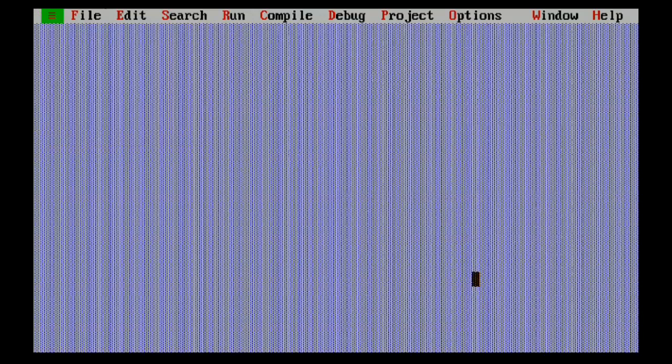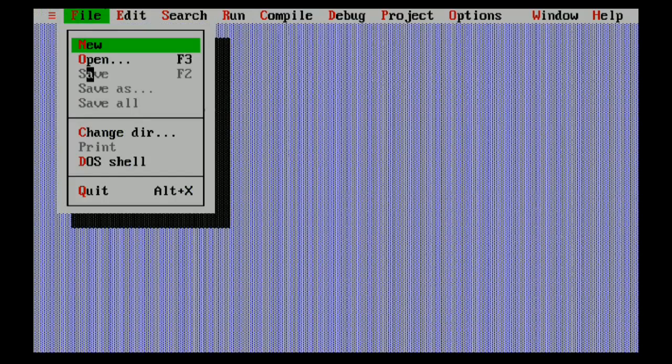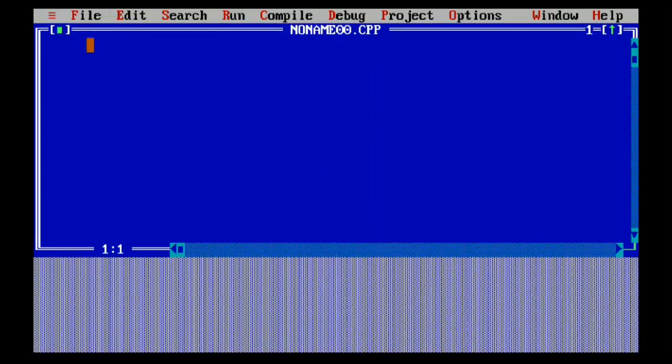We are going to create our first application with arithmetic operators.